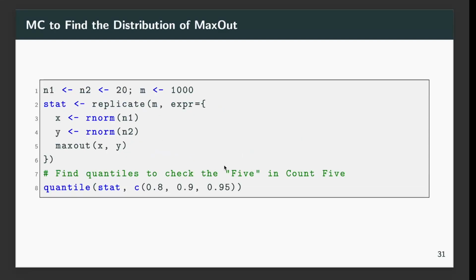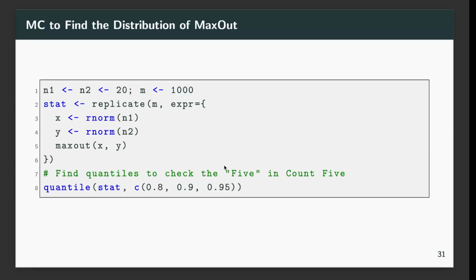So the next one is we show how Monte Carlo is used to find the distributions of what we call the max out statistic under the assumptions of H null. And this one is with the assumption that both samples have the same variance. So now let us verify that the critical value of 5 will give us approximately the right type 1